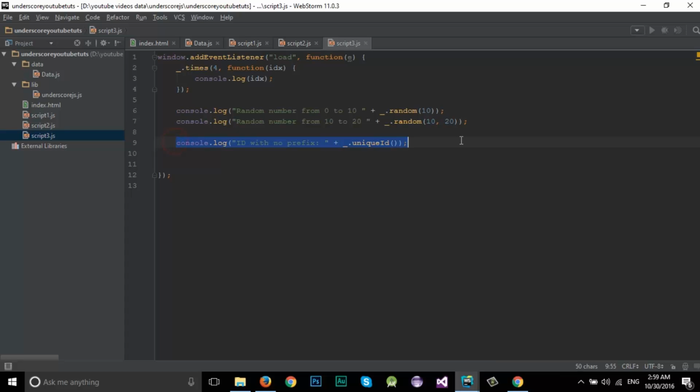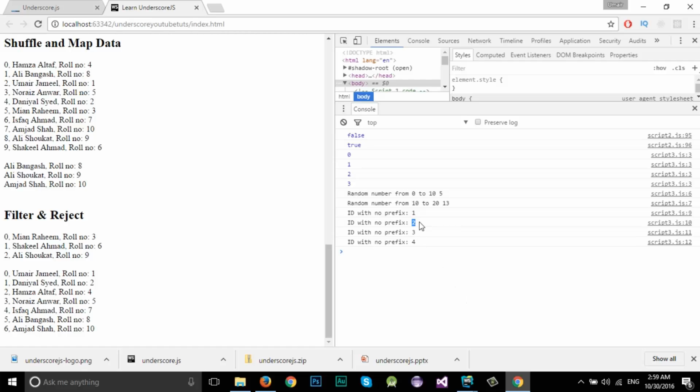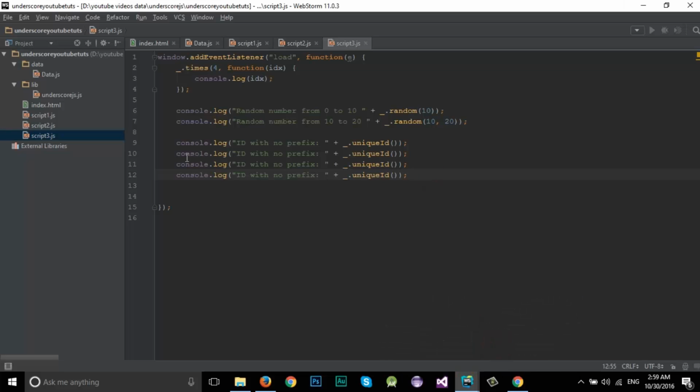Alright, if I copy and paste it a few more times, you can see that it is automatically detecting that the number 1 ID already existed, so the second time it has generated an ID 2. So this is how we can follow the different DOM manipulations with the help of this ID. Alright, now let's check out another very important function that I use a lot, that is the bind function. So what the bind function does, let's first add a